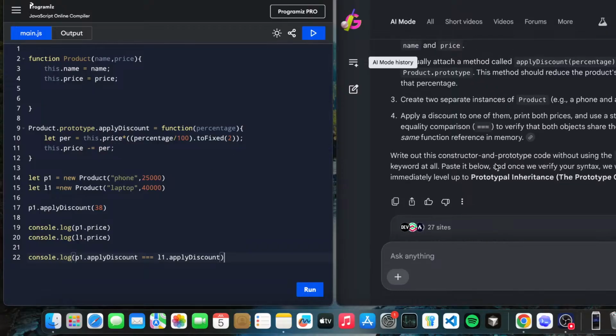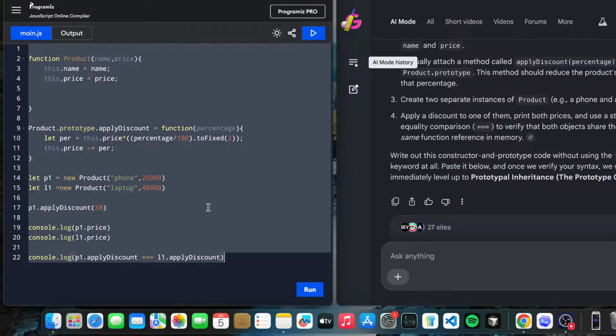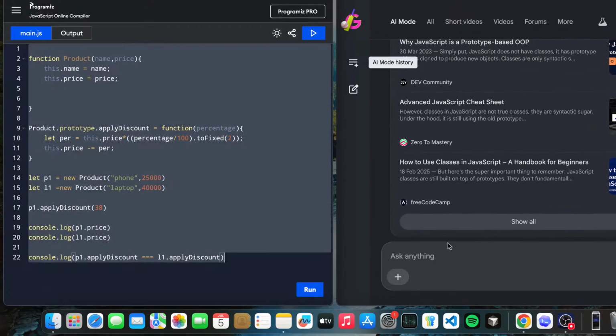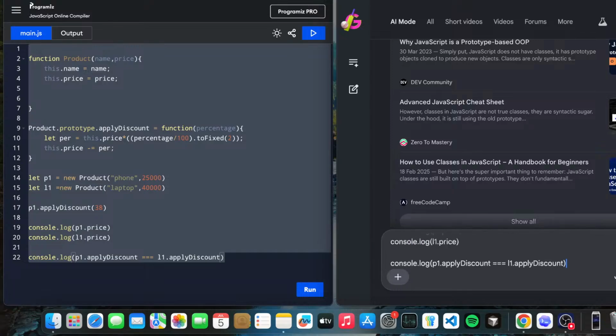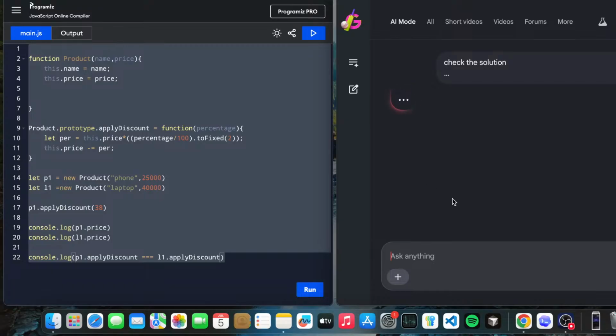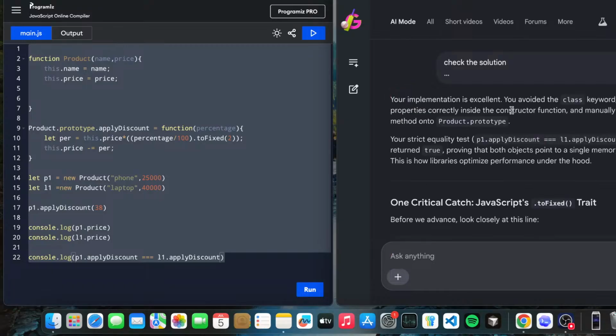What else? Okay, so I think this is the whole thing that we have in practice today. Check the solution. Your implementation is excellent. You avoided the class keyword, bound the property inside the constructor function, and manually hit the method, product.price.